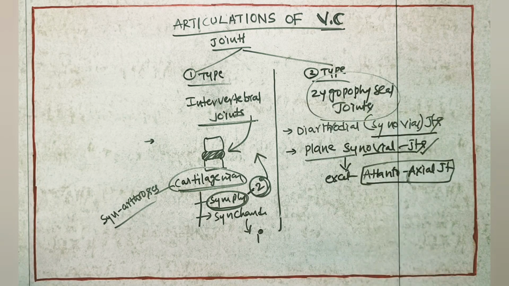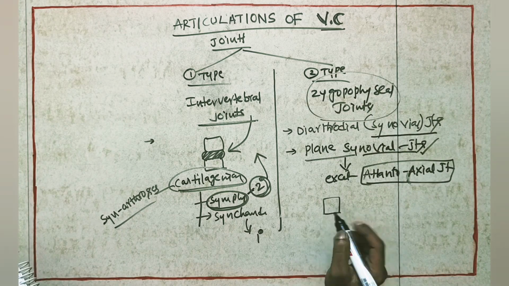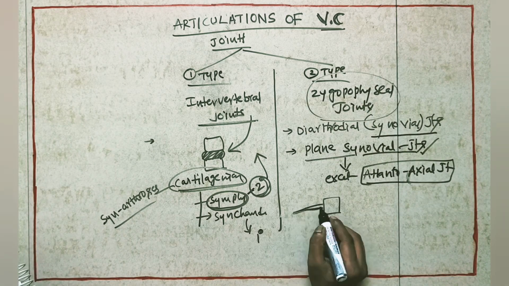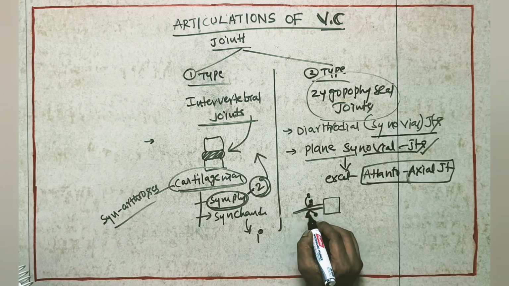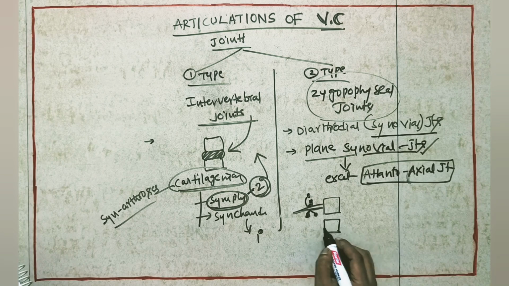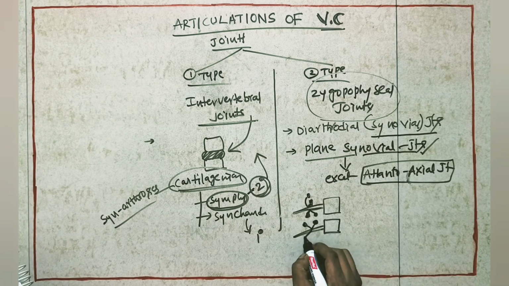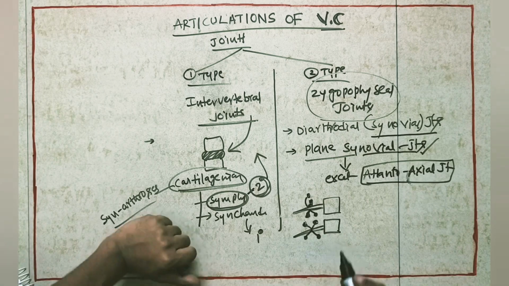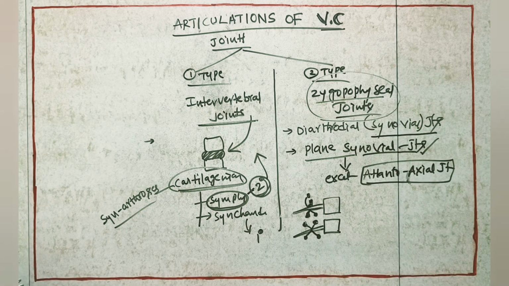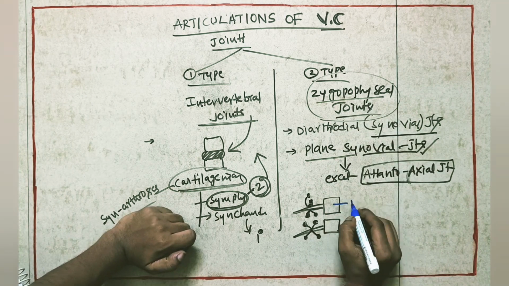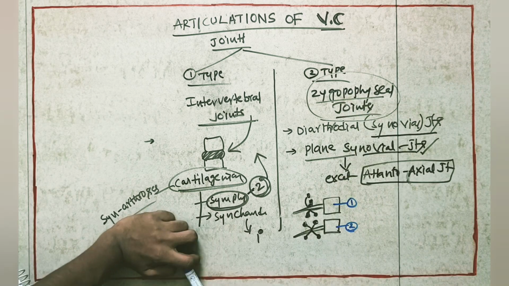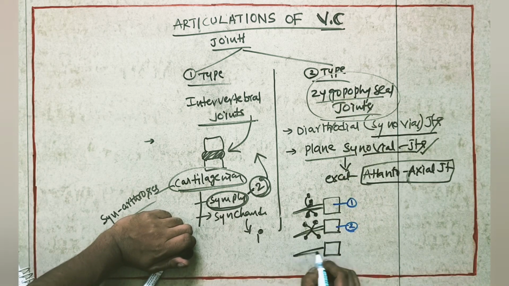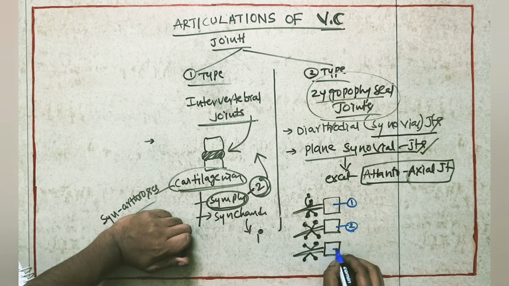So these zygapophyseal joints, where can we see them? Suppose if we take one vertebra, here we'll be having the transverse process and spinous process. Here superior articular facets will be there, two facets, and inferior articular facets will be there. So here one more vertebra will be there. For this vertebra also, superior articular facets and inferior articular facets, two facets will be there. This zygapophyseal joint is the articulation between them. Here one more vertebra, with its spinous process, superior facets and inferior facets.